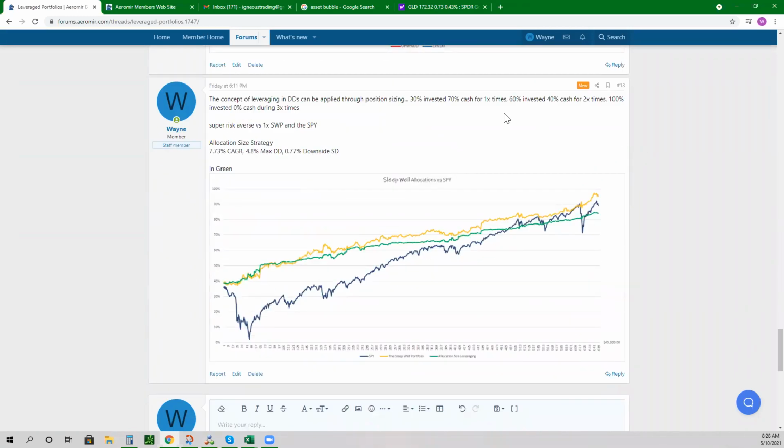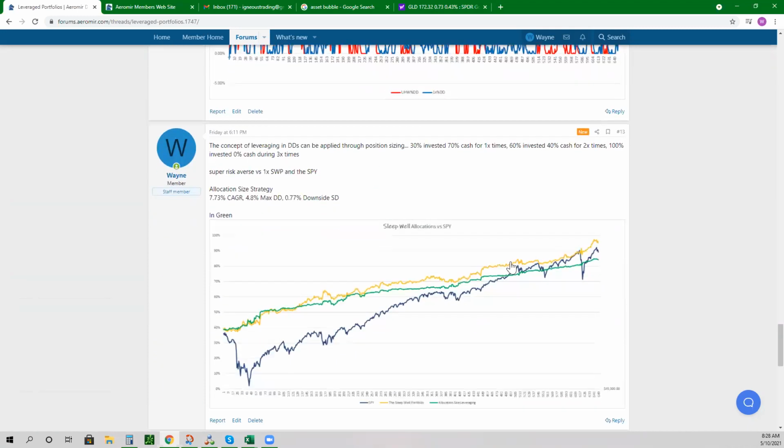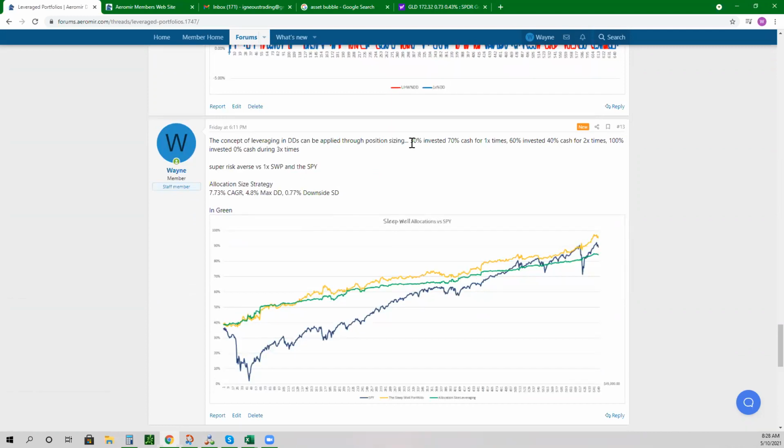Right, right. Yeah, that's something to keep note of here: for 461 weeks out of this total back here, you're at 30% position sized. I mean, that's nothing, right? Most of the time you're sitting on a 70% pile of cash with only 30% invested. And it's really only in some of these volatile moments, especially volatile for the portfolio, that you get a little bit more. So the volatility actually gives us a little bit of opportunity to take.